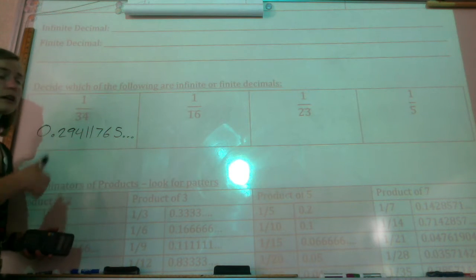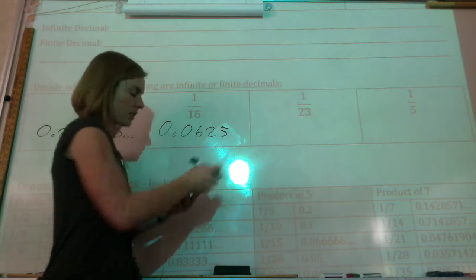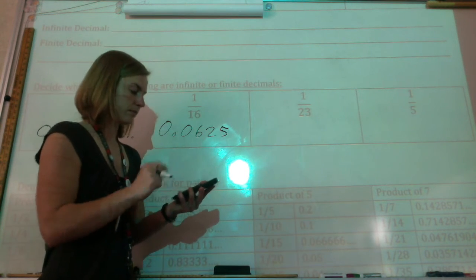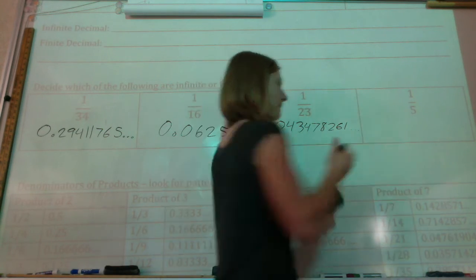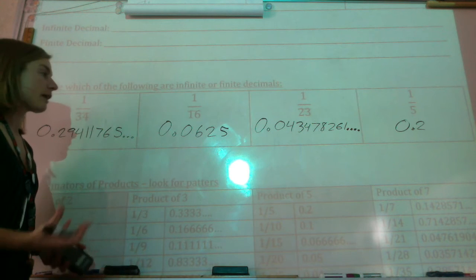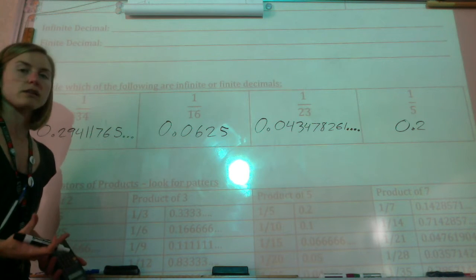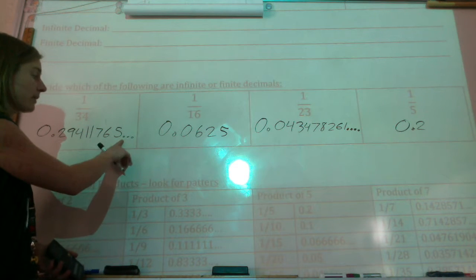What about 1 over 16? 1 over 23? And 1 over 5. So we have these ones as decimals, and now I really hope that it's pretty obvious which ones are going to be finite and infinite. Obviously, if you're going to be having to write it with any sort of